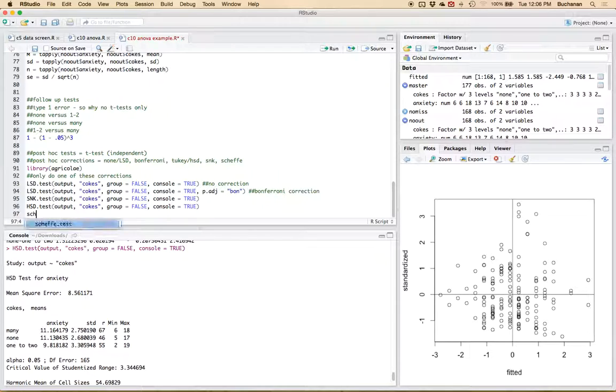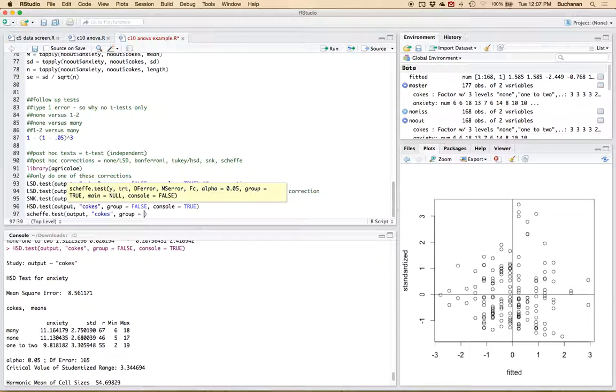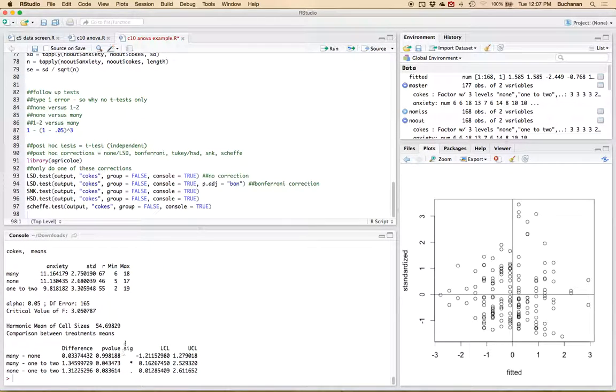Let's do the last one, which is Scheffe's test. So Scheffe is a bit different. It runs mini ANOVAs instead of t-tests, or that's my understanding of it. I think in this output it's going to look like a t-value though. So let's get it. And what it does is it actually, no, okay, that was a different one. Never mind. So Scheffe actually is, the post hoc test is a one-way ANOVA with only 2 groups, and